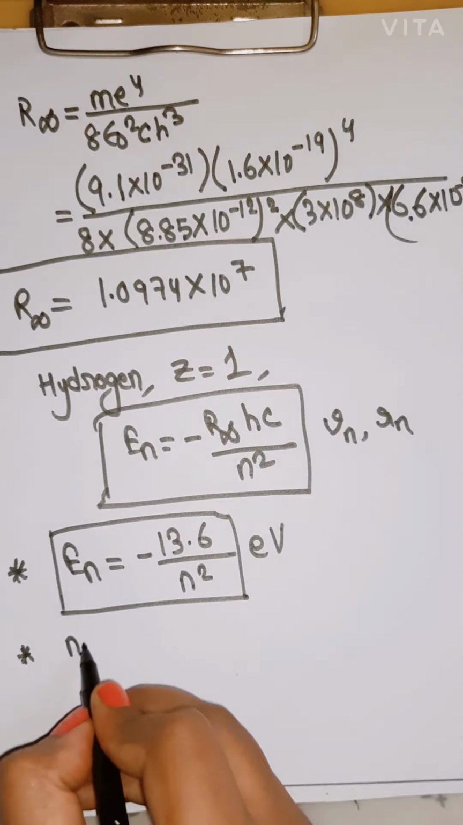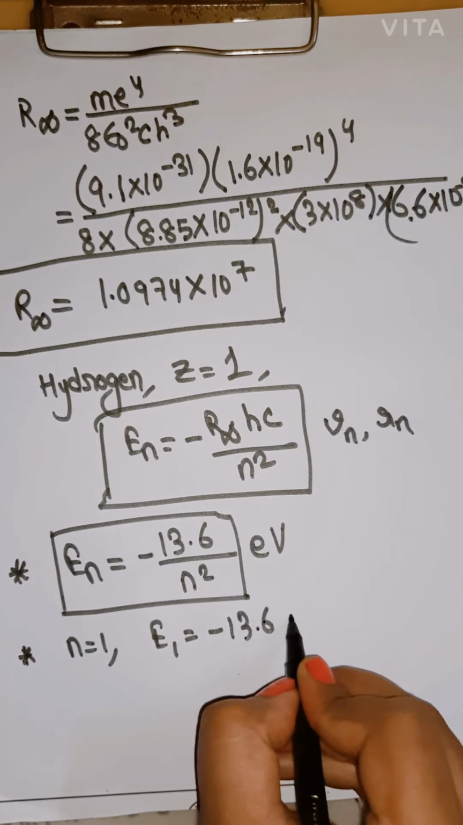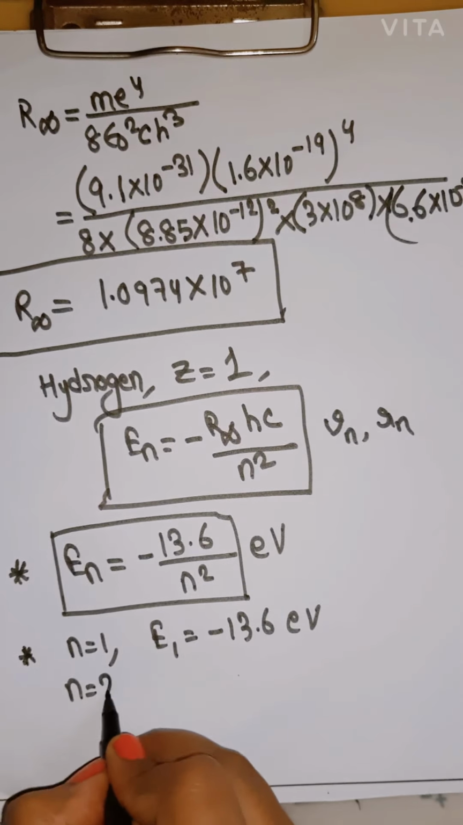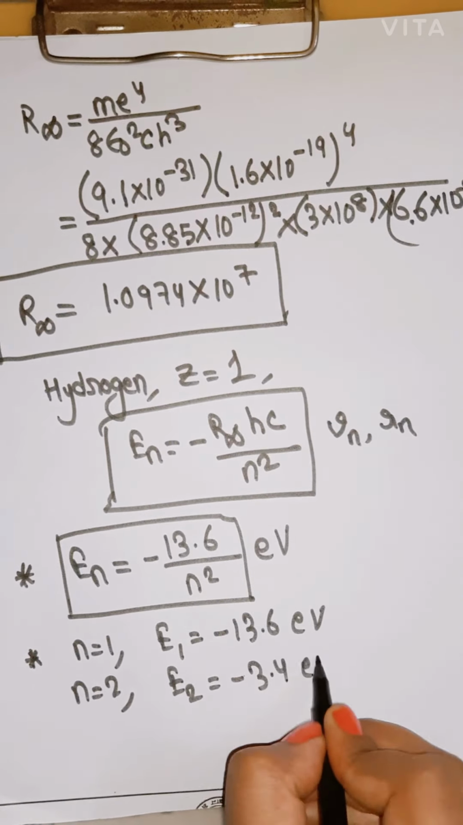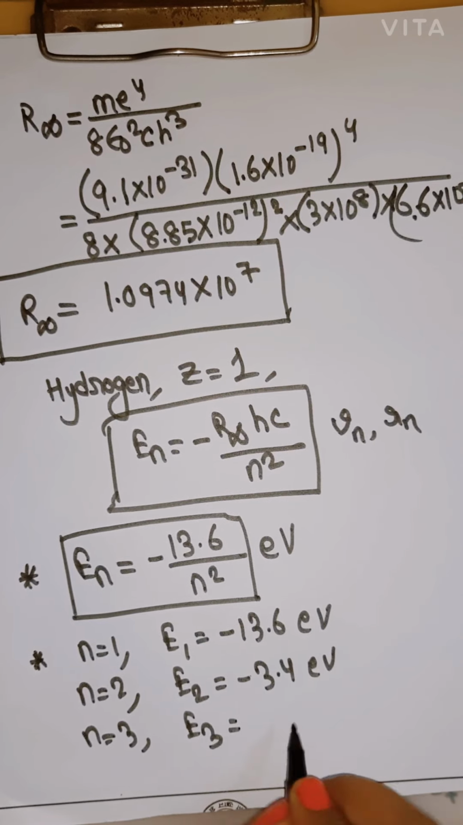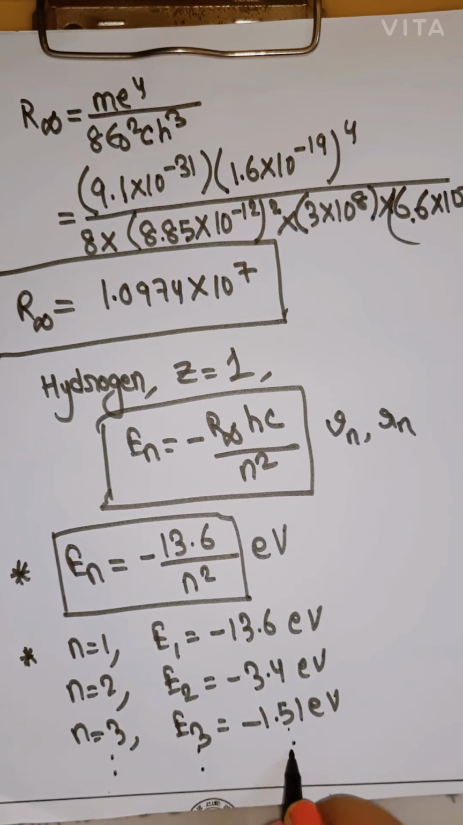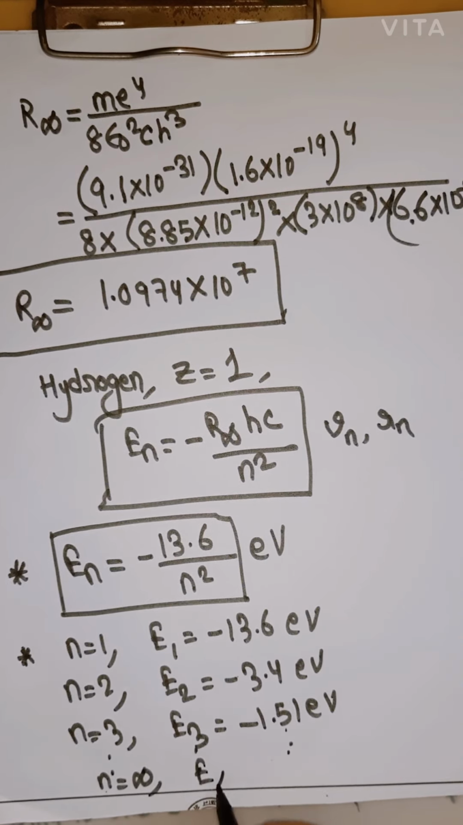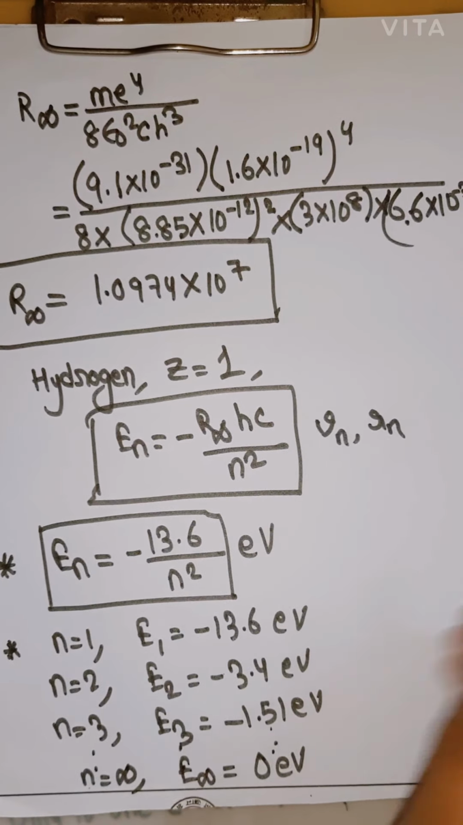Therefore, for n equal to 1, E1 is equal to minus 13.6 electron volt; for n equal to 2, E2 is equal to minus 3.4 electron volt; for n equal to 3, E3 is equal to minus 1.51 electron volt; and if we continue, for n equal to infinity, the energy will be 0 electron volt. So if we write